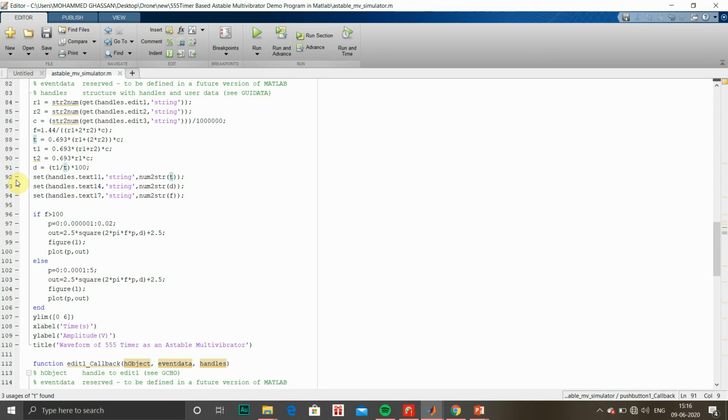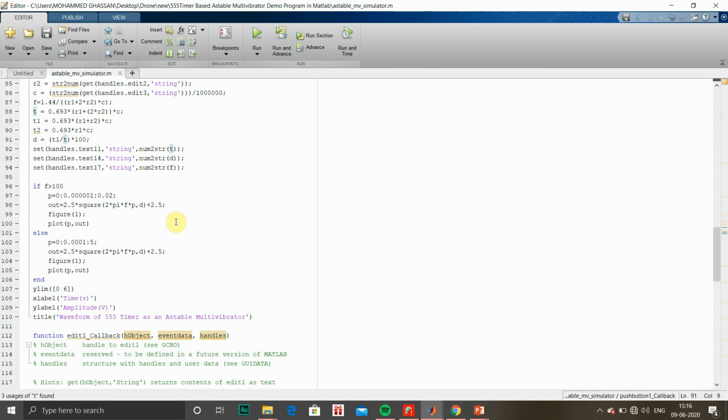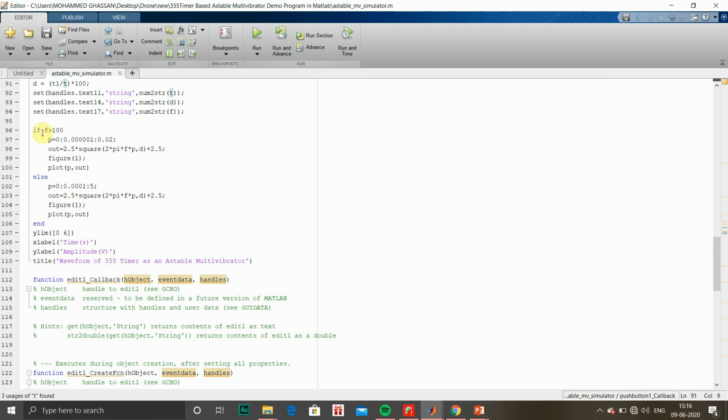We have calculated the values as numbers, so we have to convert those numerical values into strings. So we'll use the MATLAB inbuilt function num2str. Then we'll use an if-else statement to differentiate the time period for frequency greater than 100 Hz and frequency less than 100 Hz.